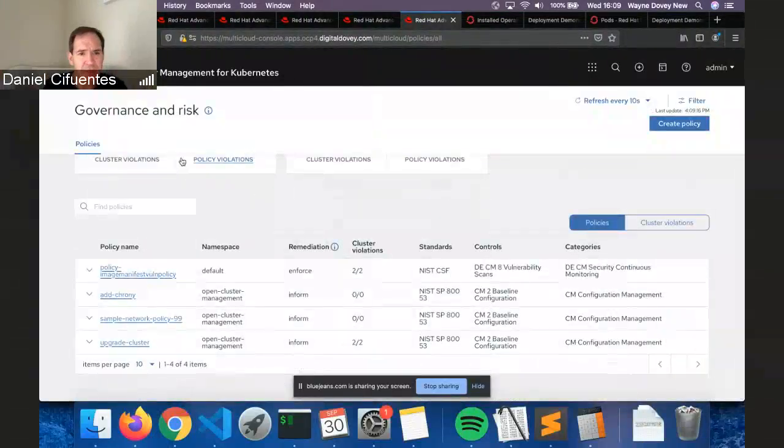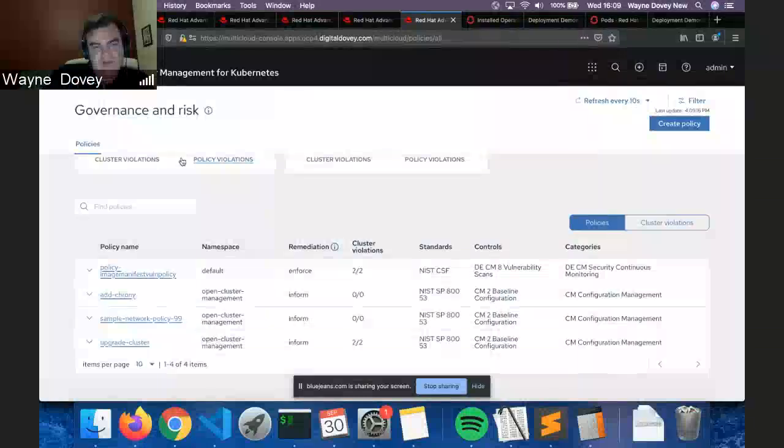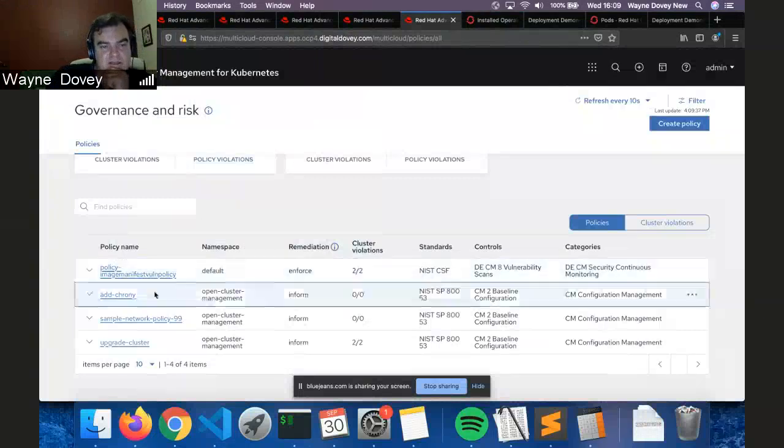Yeah, absolutely. And I think one of the things which I don't have an example of now, but there's an opportunity to manage operators more widely. So there might be a requirement to enforce something like service mesh. And using ACM, you can actually make sure that service mesh is deployed to every single cluster, which is really good. The next example is configuration management.